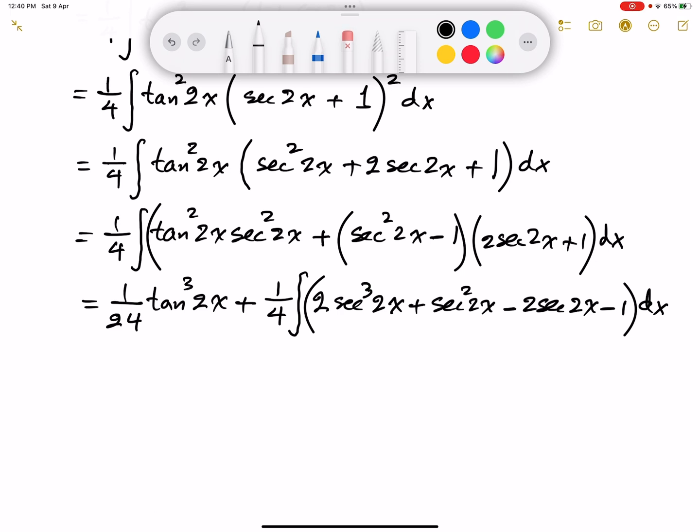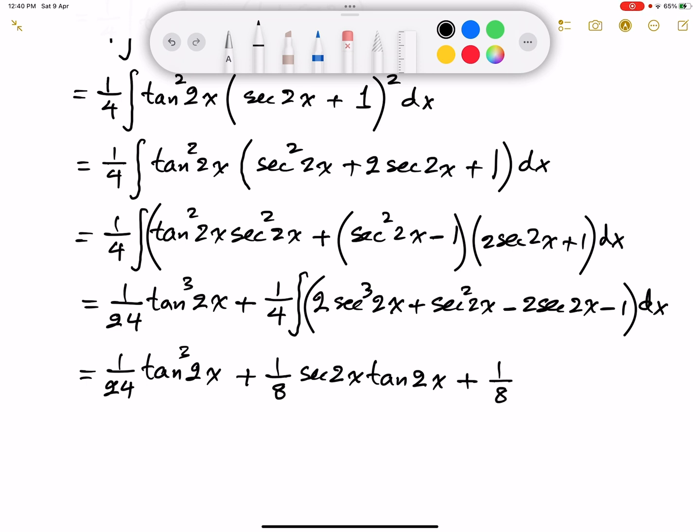This is going to give us 1 over 24th of tangent cube of 2x plus, now 2 divided by 4, that's going to give us half, and of course the secant cube is going to give us 1/4 plus 1/4, so that's going to give us 1/8 secant twice x tangent twice x, and I'll show you how we get this final formula, okay, and plus 1/8